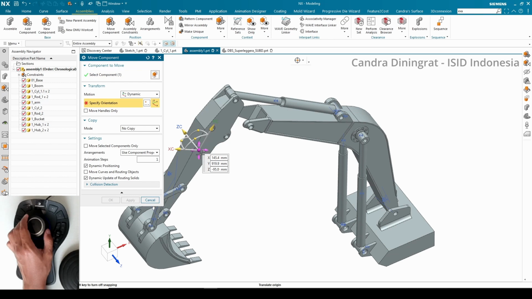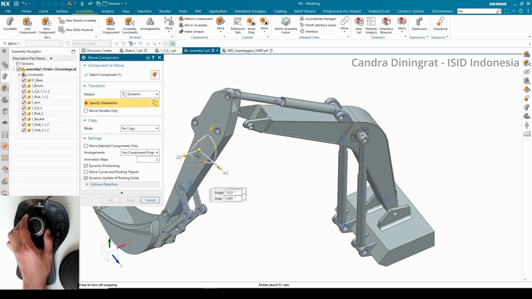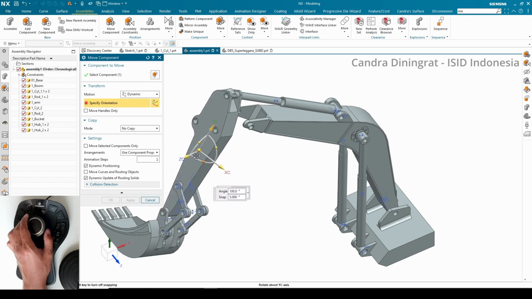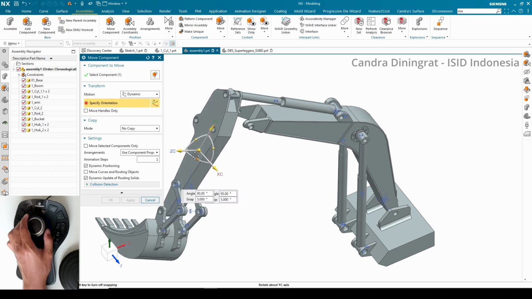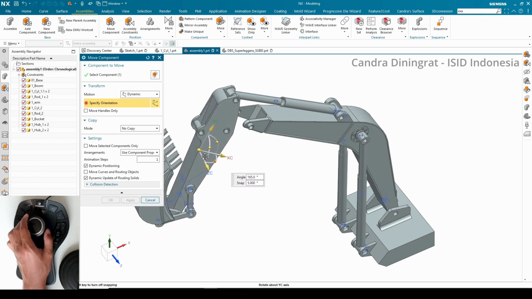Seems like it's not properly oriented. I am really sorry. We need to move like this,